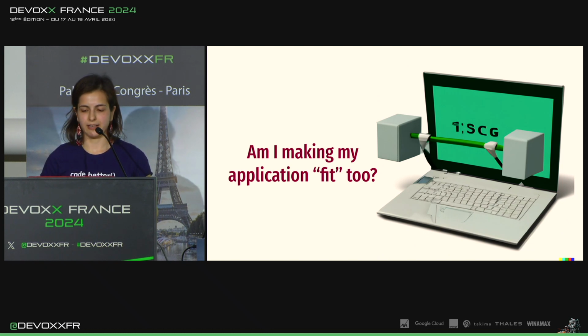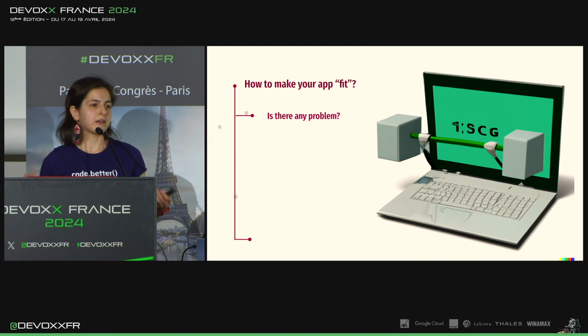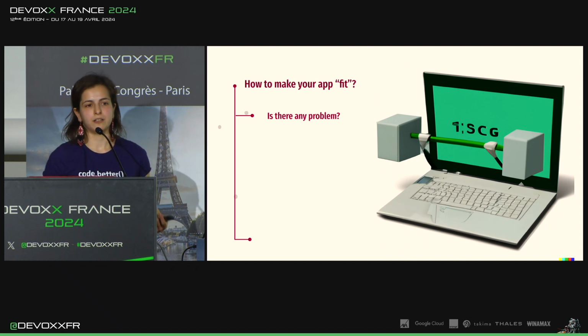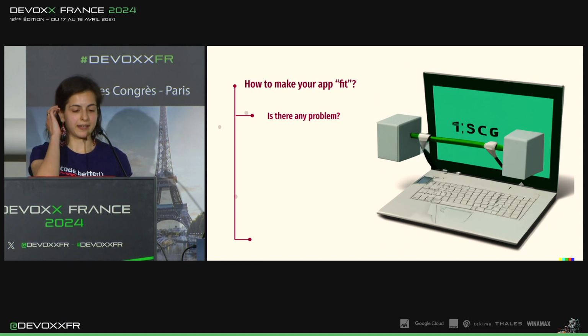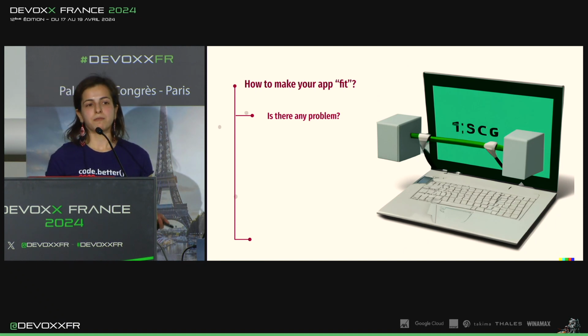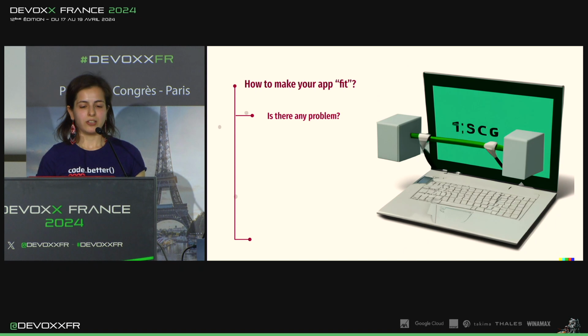So this is how I got the idea of the talk, and I came up with an algorithm, the same algorithm that I had for myself when I tried to get back in shape. So the first step was to ask yourself a question: is there any problem? It's important both when you try to get back in shape, and when you try to analyze your memory. Do you have any problem?